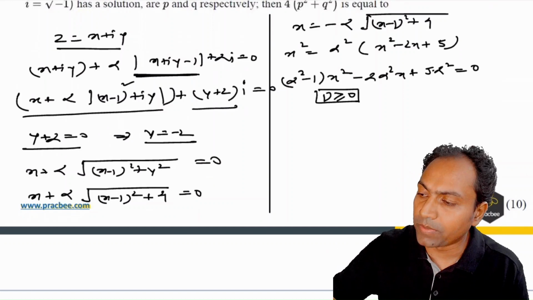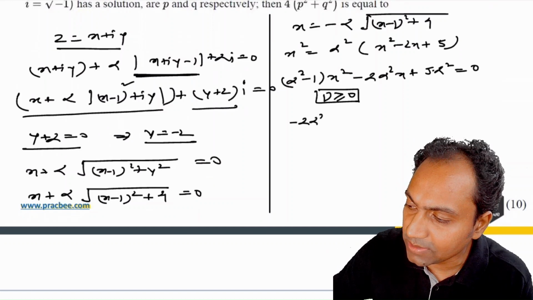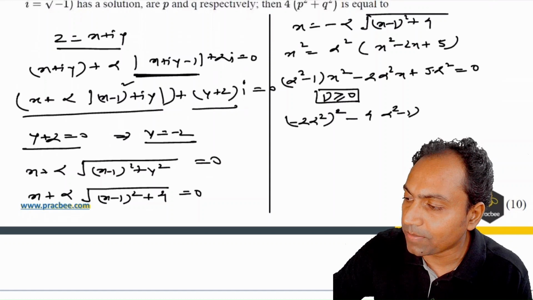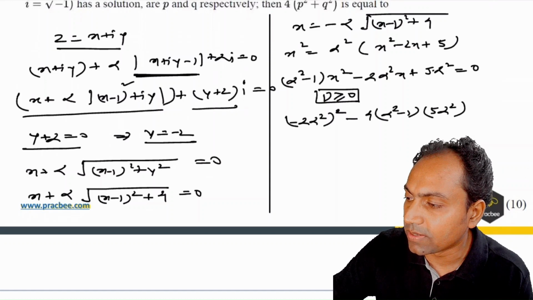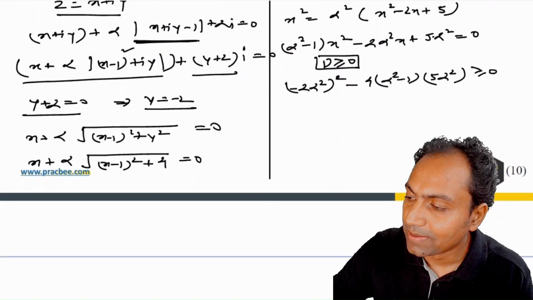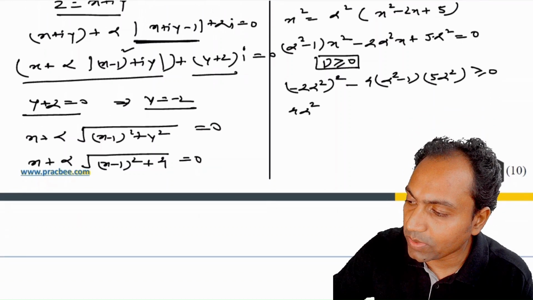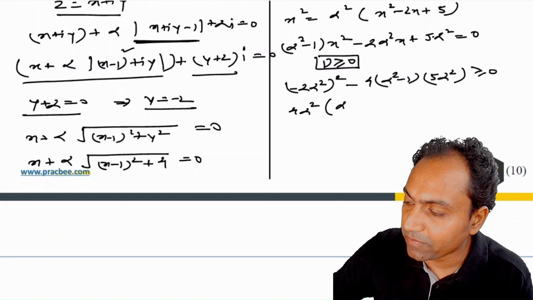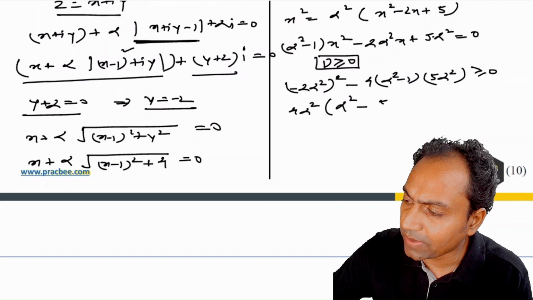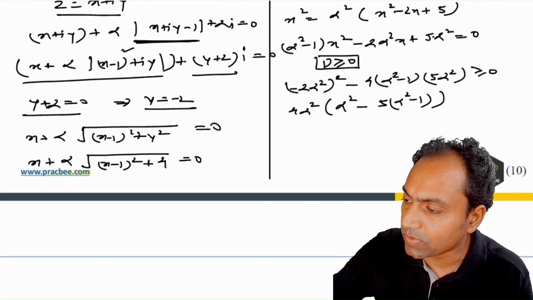If I apply this property, then b square minus 4ac, so here b is nothing but 2 alpha square minus 4a, that is alpha square minus 1, and c, that is 5 alpha square, should be greater than or equal to 0. Now if I simplify this part, I can take this 4 alpha square as common, and if I do so, what I'm left with is alpha square in the first term. In the next term, it will become nothing but 5 times alpha square minus 1 is greater than or equal